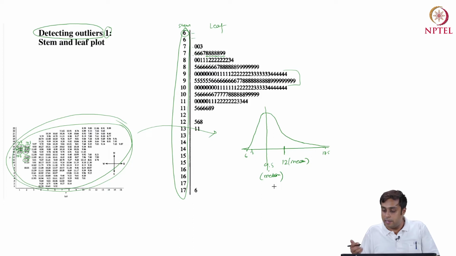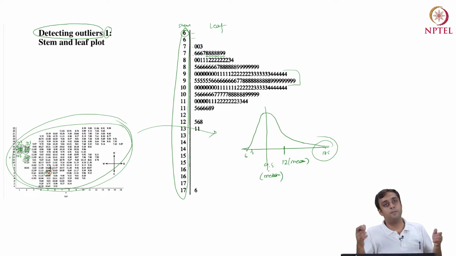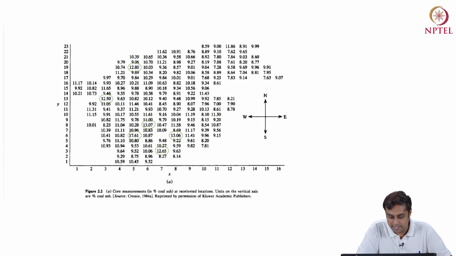Now here, clearly the values were so high as 17.61, we located it, it seems to be a problematic value. So I will mark it using the stem and leaf plot or a histogram. I can mark the first potential outlier in my data. Okay, so I've marked the first potential outlier in my data. What's the next step, right?